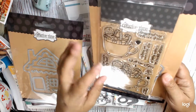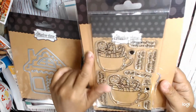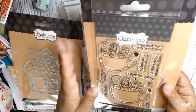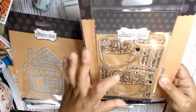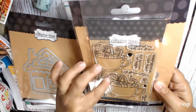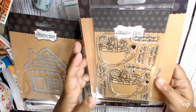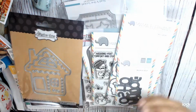They also had, I have the little gingerbread people that these are kind of like based on, but this stamp set's just adorable. So it's 2 sizes of the cups, hot cocoa cups filled with little gingerbread, and little candy canes and some cute sentiments, and then the dies. And then